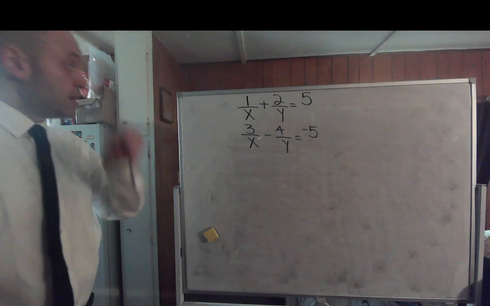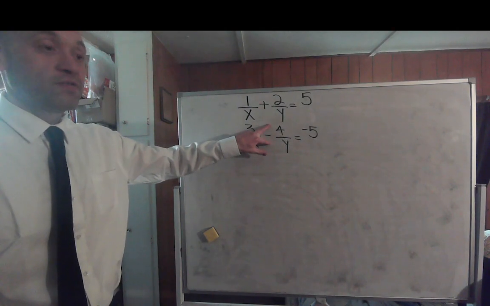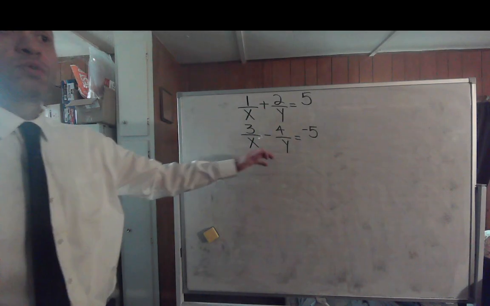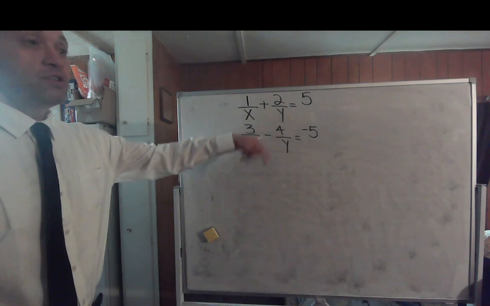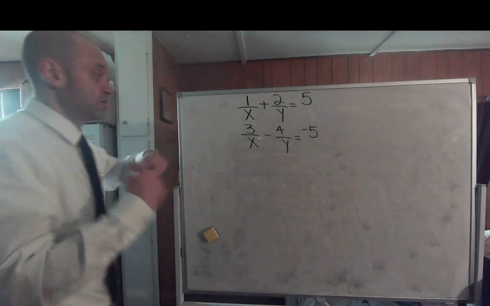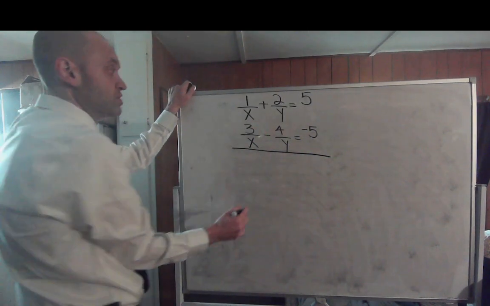Alright. So here's your system of two rational equations. 1 over x plus 2 over y equals positive 5. 3 over x minus 4 over y equals negative 5. Well, you have a positive coefficient for the y term, a negative coefficient for the y term in the second equation. I think it's obvious we should try to eliminate the y. If we multiply the first equation by 2, both equations will have coefficients of 4 on the y term. So if we do in fact multiply that top equation by 2,